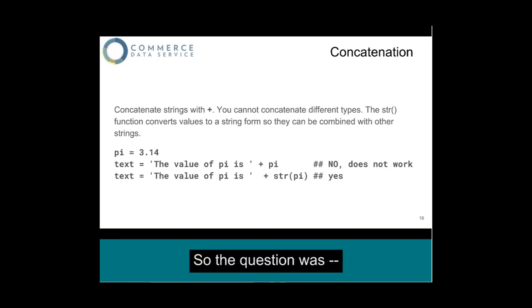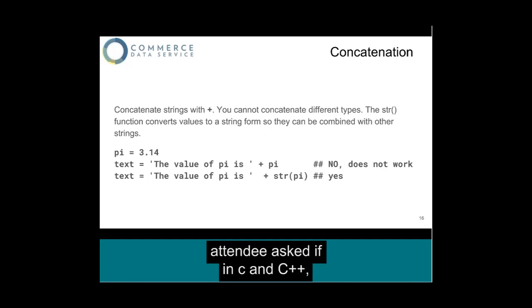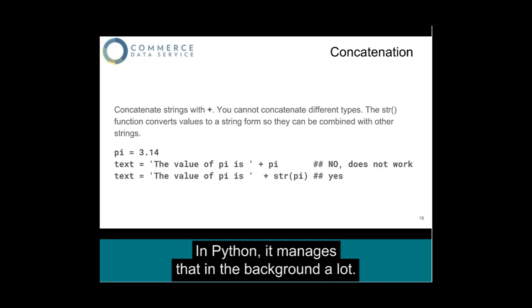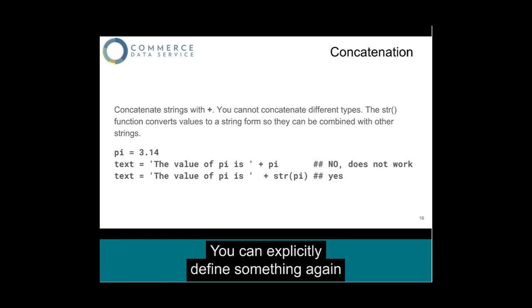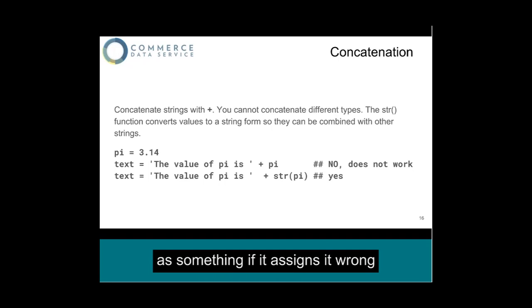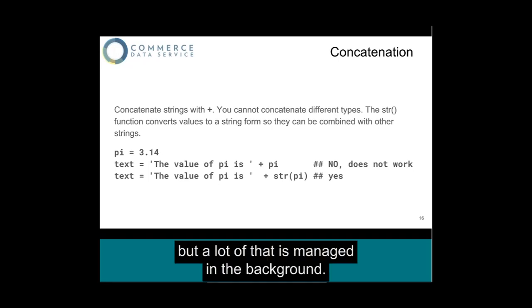Okay, sorry. So the question was, an attendee asked if in C and in C++, you have to explicitly define the type of variable you're assigning it to. Like, is it floating point? Is it a string? In Python, it manages that in the background a lot. You can explicitly define something again if it assigns it wrong, but a lot of that is managed